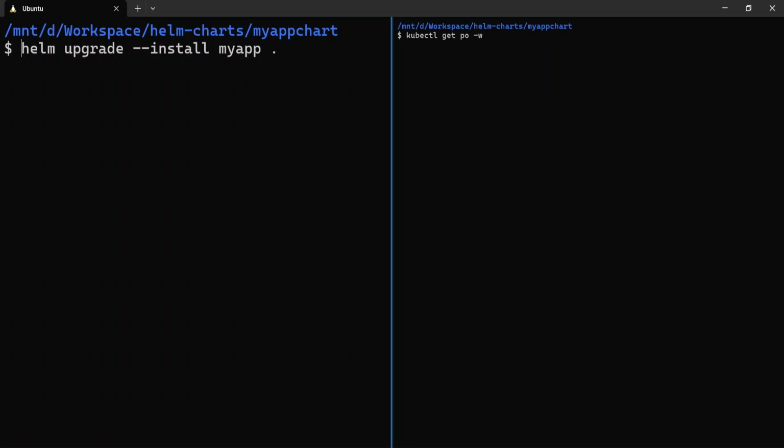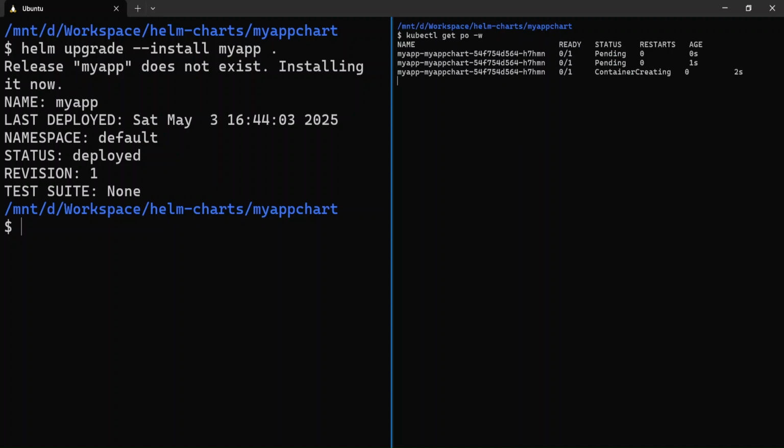So let's go ahead and install the Helm application. I'm going to run helm upgrade --install my app, and the chart will be picked up from the current directory, which is the my app chart. As you see on the right hand side, it has picked up the chart and it has created new pods. It's in container creating state right now, and it will be going into a running state soon. And there you go, it's running right now. Now let's go ahead and update our config map